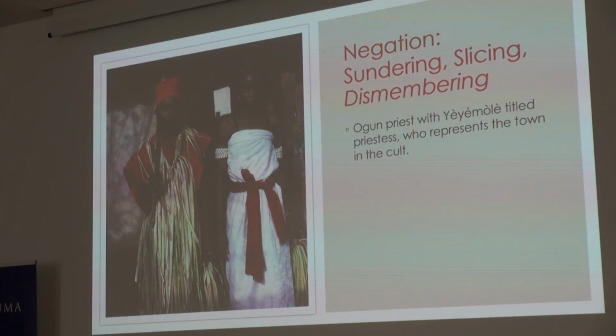And in the left hand, ultimately it's the weapon of deposition, of taking the head off of a king. So it's a strong symbol. She can do it too, but her role is to take that negativity, the negation of negativity, and to suture it. And the red and white, the predominant whiteness of her robe cut with red, shows the predominance of the suturing within the potential to divide, whereas the predominant redness of the Ogun is really about dismembering,